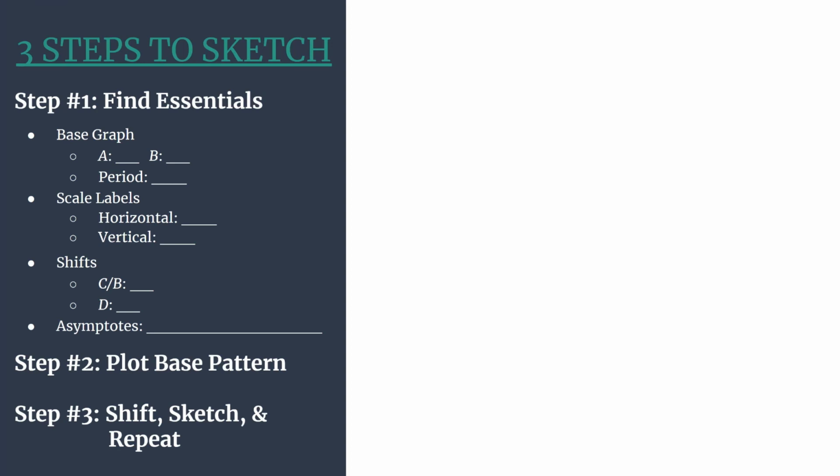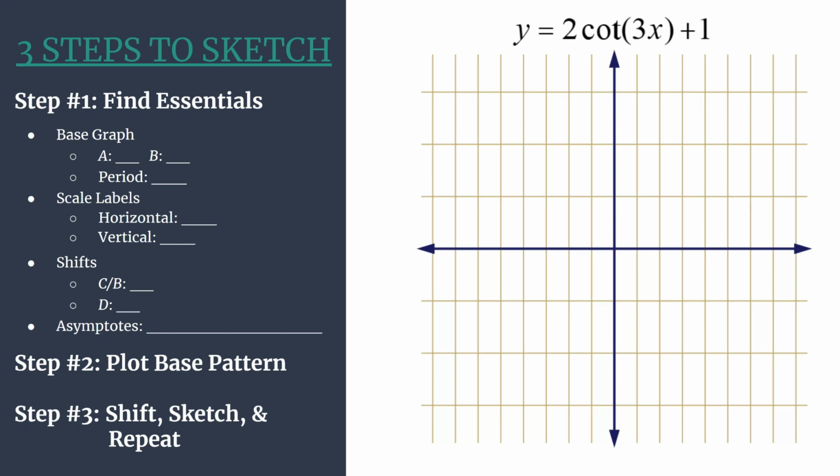In step 1, we find all our essential information. In step 2, we'll plot our base pattern for cotangent. And in step 3, we'll shift those points, and then we'll sketch in the cotangent graph and repeat for however many cycles we need. All right, so starting with our essential information, our base graph, we look first for the coefficient a, which is